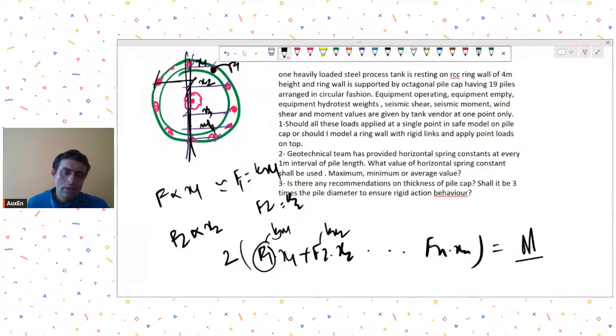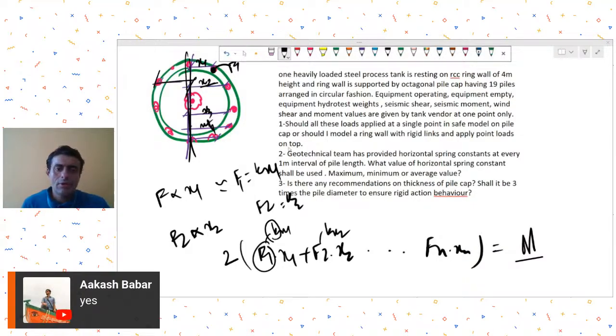So the only unknown now is k for me, because these x1, x2, x3 distances are known. From here, I would have found out the k. From there, I would have found out the reaction in each pile, and that's how I personally would have done it. But if you're saying that you want to do it in SAFE and you want to use the rigid link option,